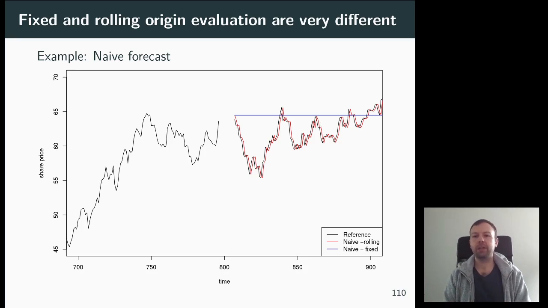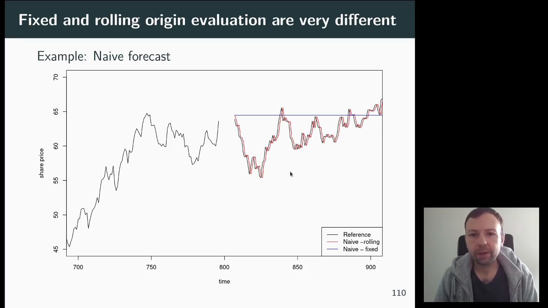If you look at a naive forecast, a naive forecast with a fixed origin is obvious. So here is actually 1 data point missing. The last data point in the training set is up here. So now you basically just copy that over, and this is your forecast. And in fixed origin, obviously, this is going to stay your forecast. So that's what a naive forecast looks like with a fixed origin. And now with a rolling origin, at every point in time, you always use just the last observation as your forecast for that value. So you are very closely just following the series.